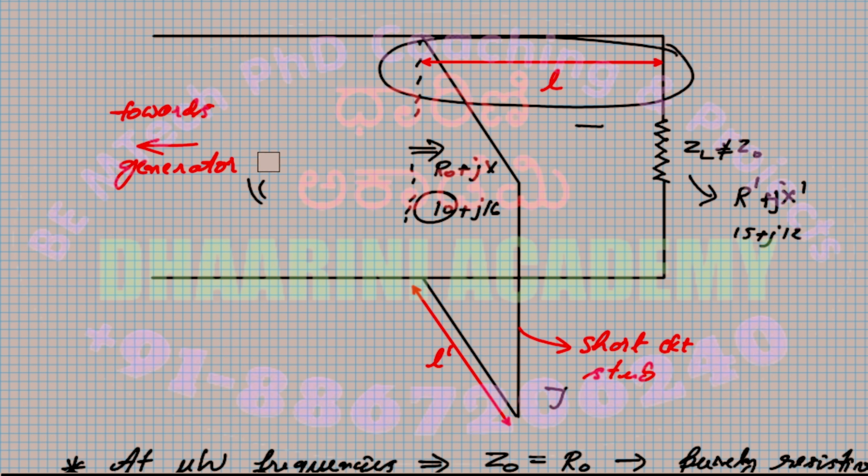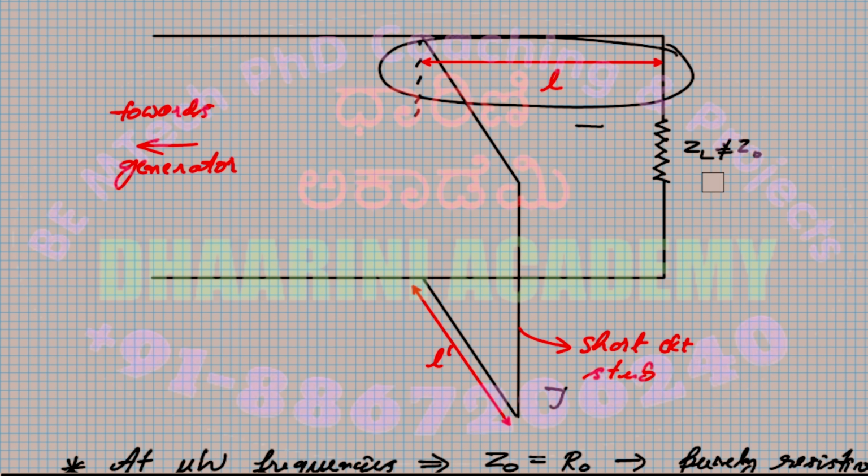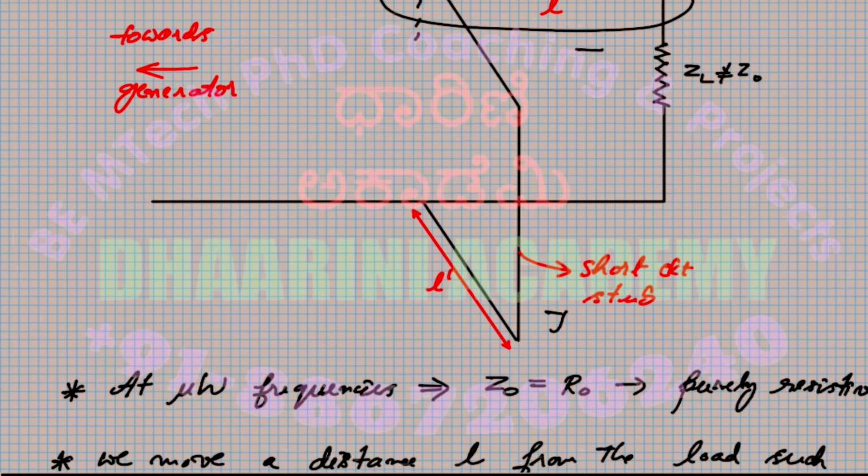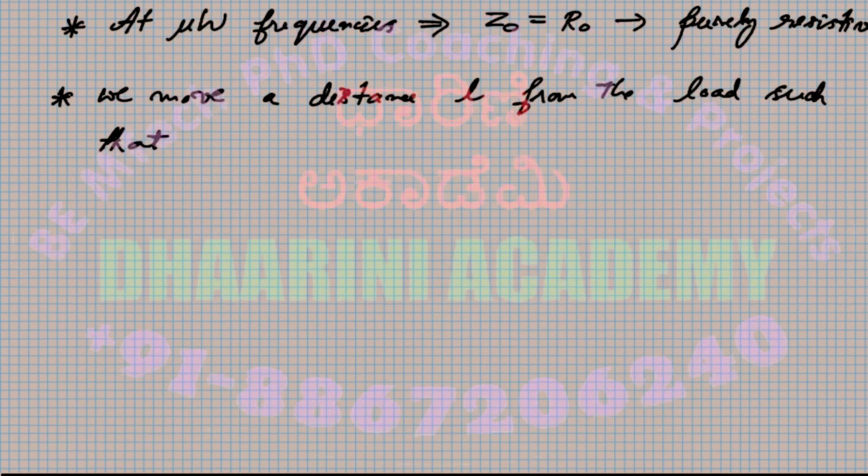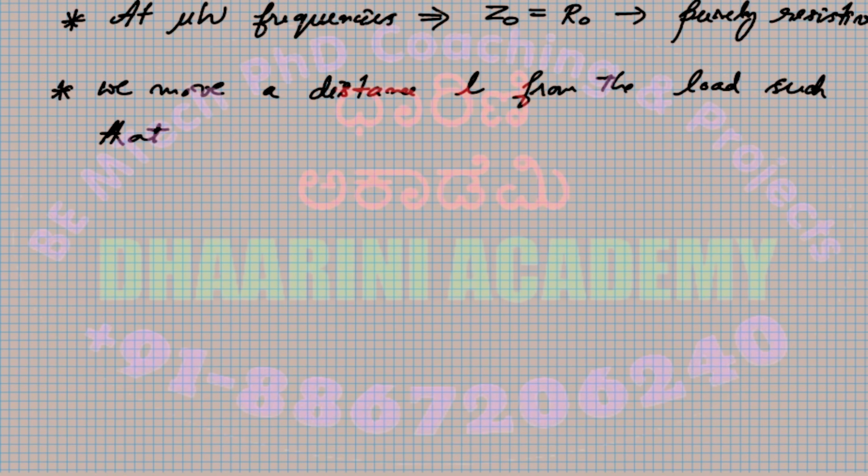Okay, I'll erase what is not required. Now I'll write that as a point. So that's the second point we were discussing, or this is the step to solve the stub problem. We move a distance L from the load,